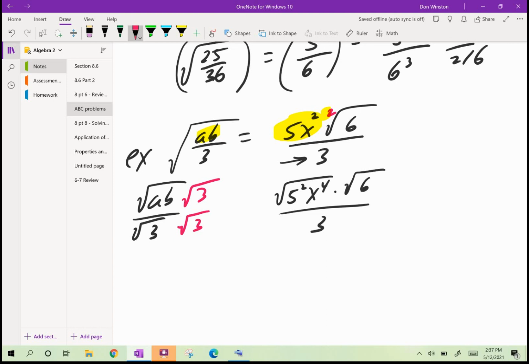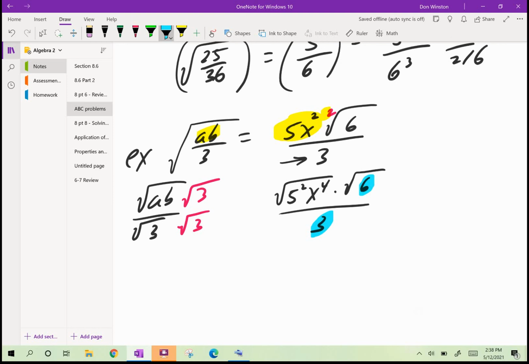Well, the very easy thing to do then is take that number, 6, and divide it by that,